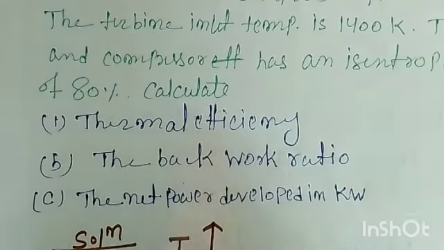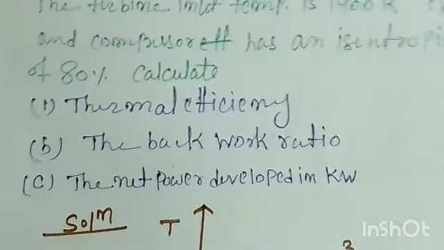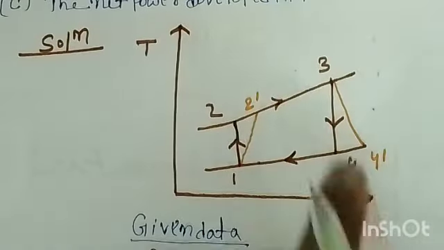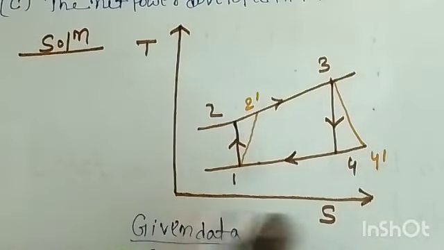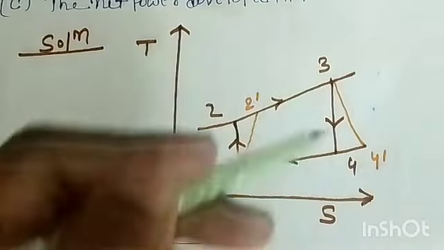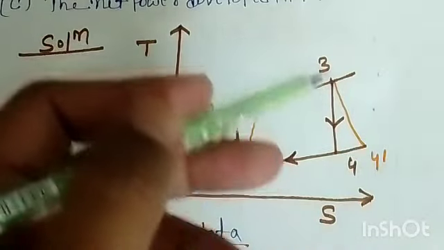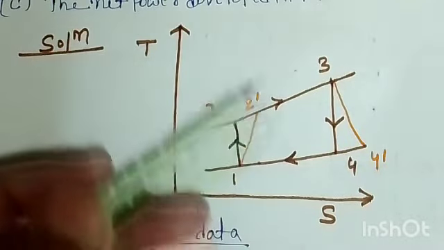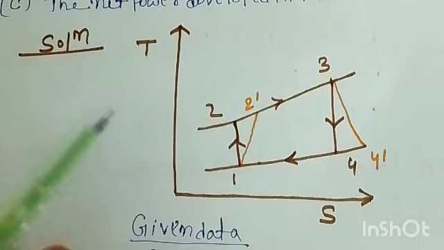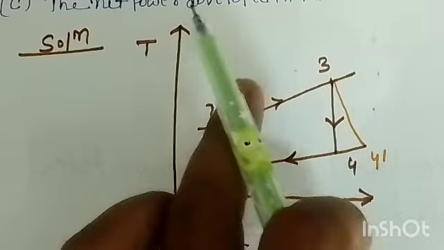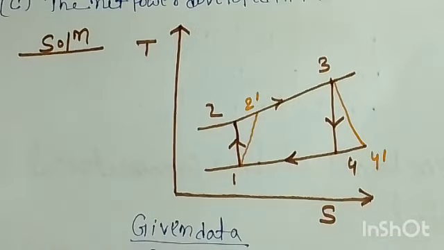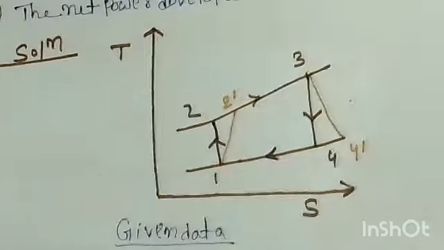First, what you have to calculate is the thermal efficiency. So thermal efficiency is what? The thermal efficiency is nothing but net work by heat supplied. So for finding the net work, you need to find out the turbine work and the compressor work. That actual turbine work and actual compressor work means the work executed in reversible adiabatic compression and expansion, and the heat supplied is what? 3 to 2. So for that we need to know the T2 dash and T4 dash, right? So how can we calculate? We'll do that. So first of all,